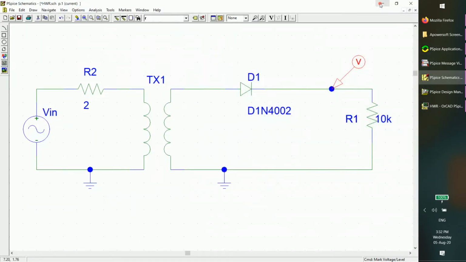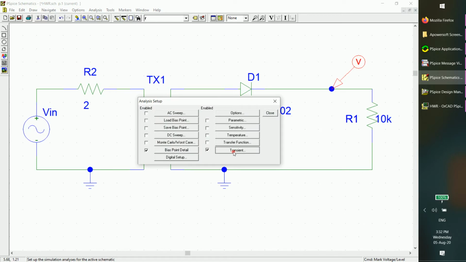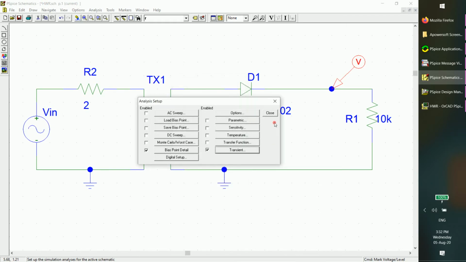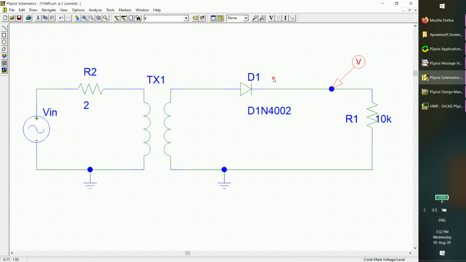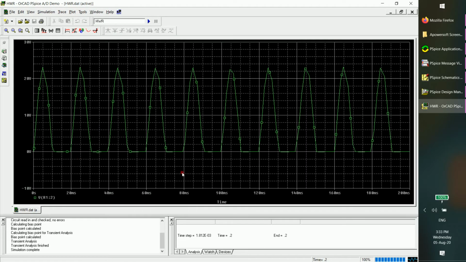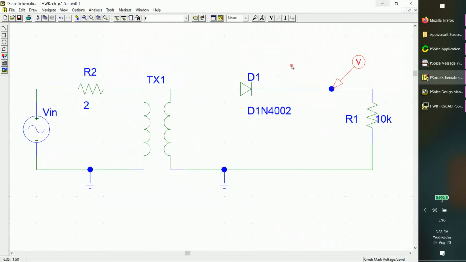Let me minimize this, go back to the transient setup, and then instead of 1 second, let me change it to 0.2 seconds. Okay, close this, again run it. Fine, this is the output waveform. That's good. If you want to see the output at various nodes, you can pick voltage marker here,